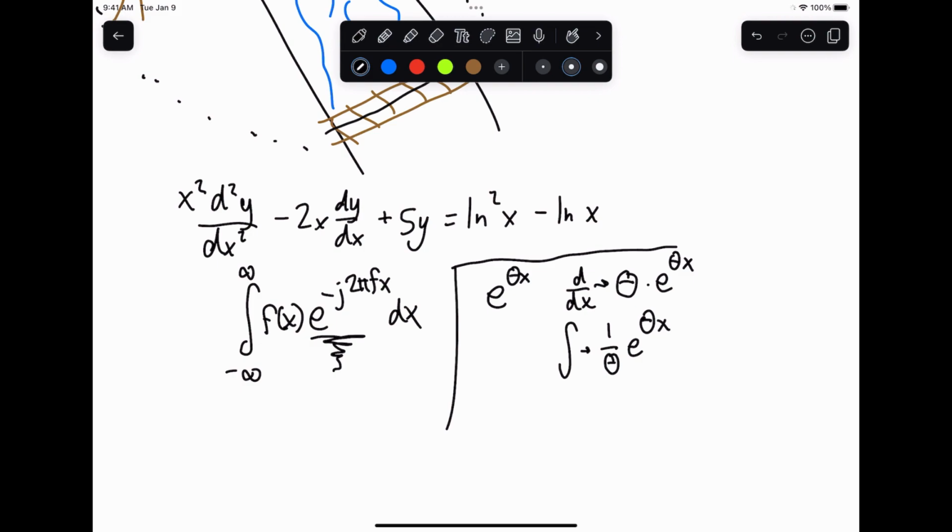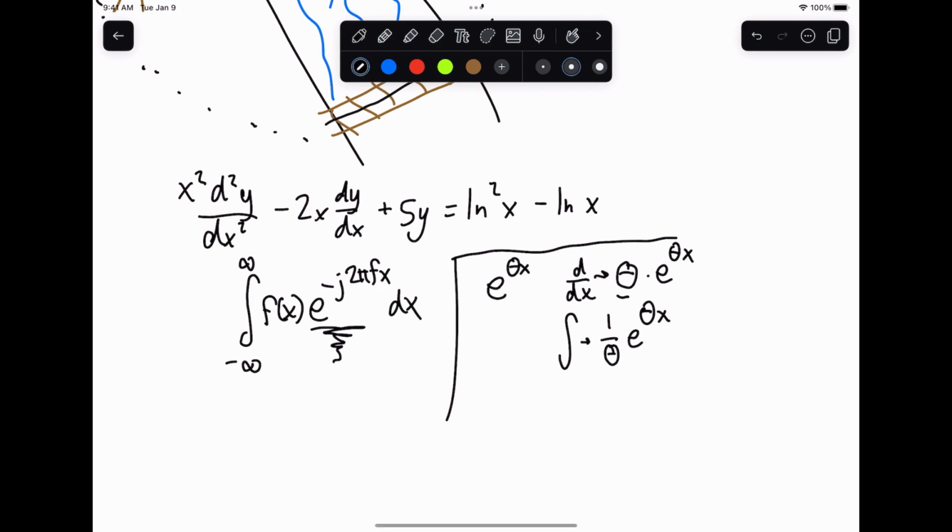If you look at this and think about it, this is the reason that the Fourier transform turns linear differential equations into algebraic equations, because any derivative, you just hit it with a multiple of your original function, and every integral, you hit it with another multiple of your function. Take another derivative, you get theta squared e to the theta x. Take another integral, 1 over theta squared on the bottom, e to the theta x. This works because the complex exponential